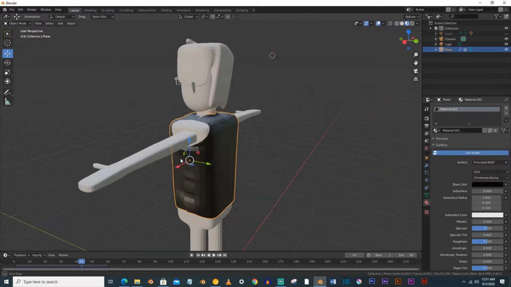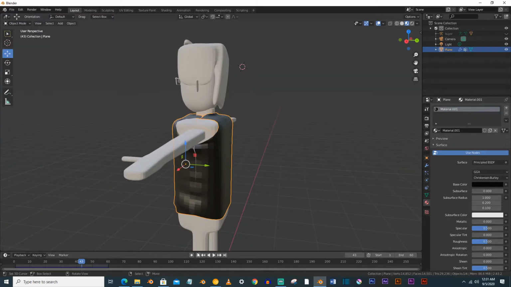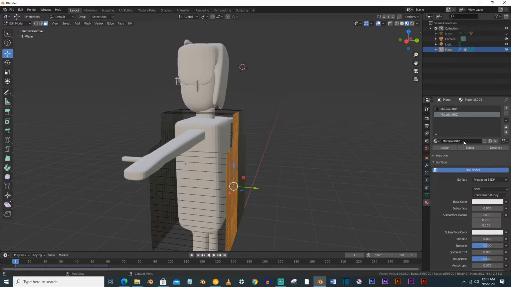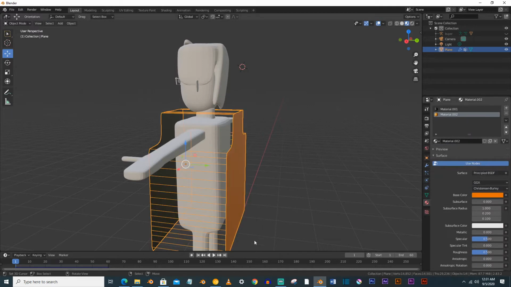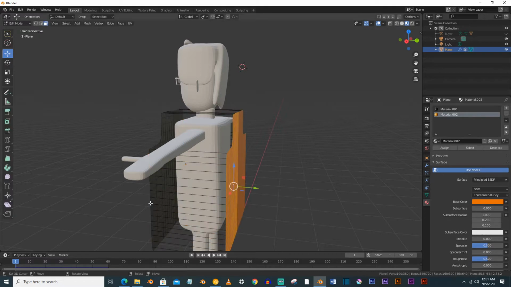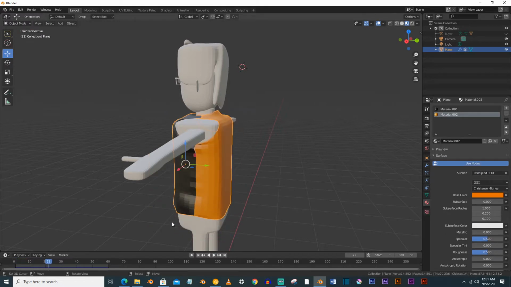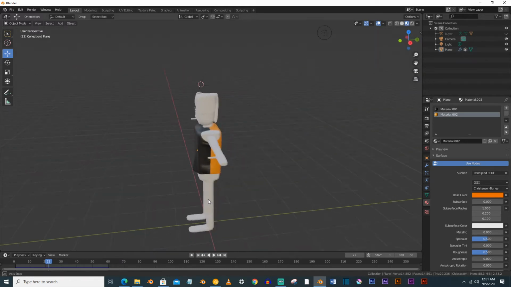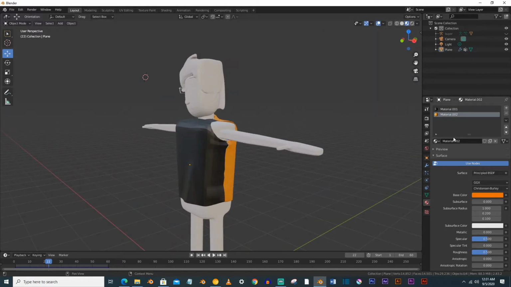I will give it this color, and also select this, and you can also give it a second color like this, and now you can see that it is looking like this. So this is the cloth simulation tutorial. You can change the color whatever you like.